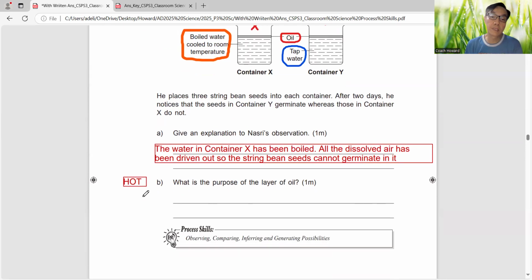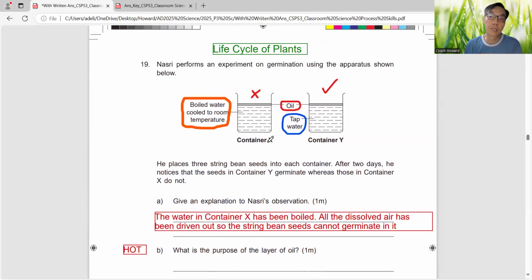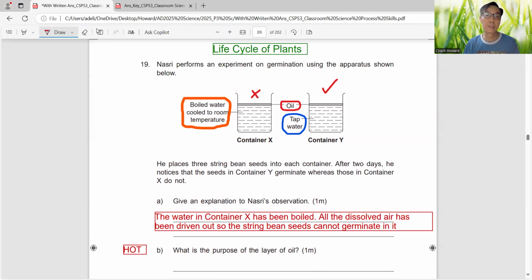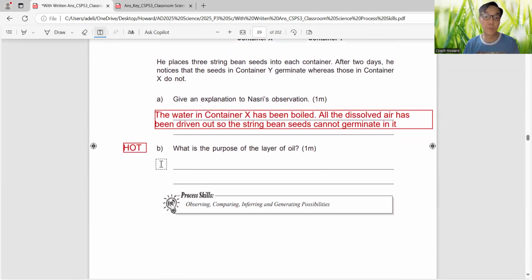And next, this is the higher order thinking skill part B. What is the purpose of the layer of oil? What do you think is the reason? Okay, because in the surrounding, there's also air, right? So what do you think that this layer of oil does? So the answer, which I'm going to reveal very soon, will be